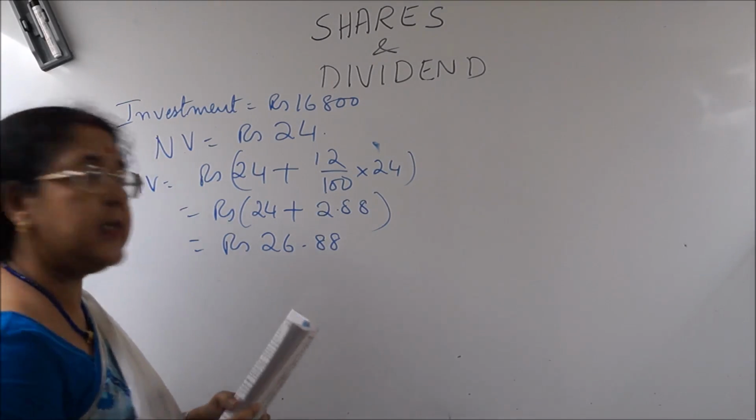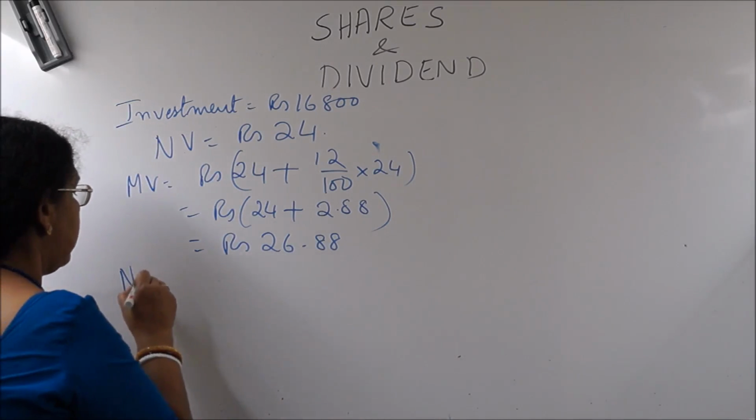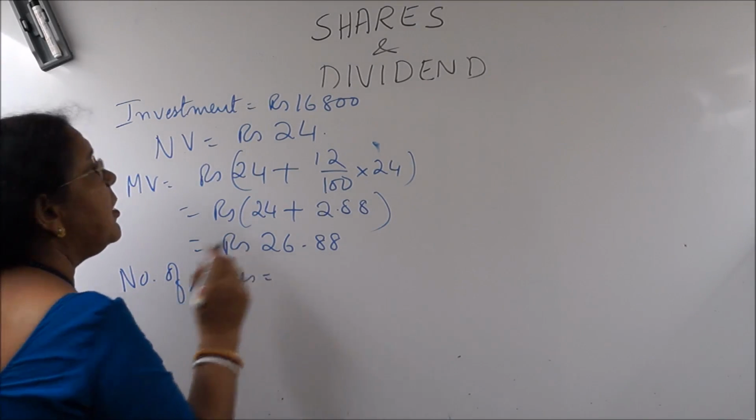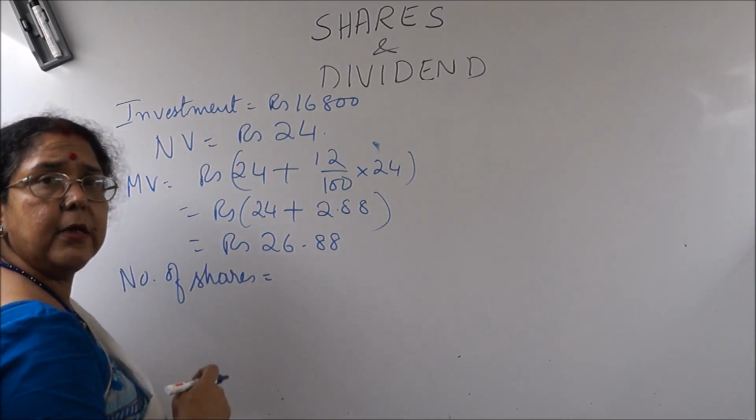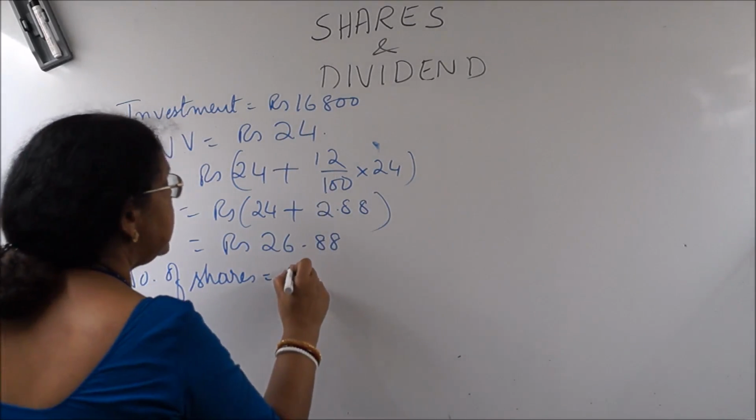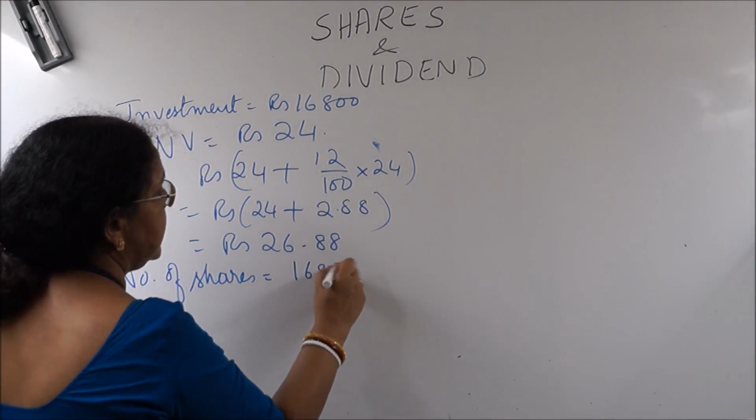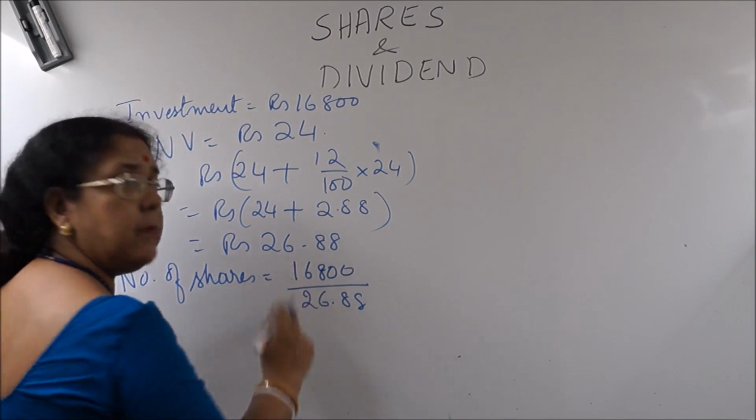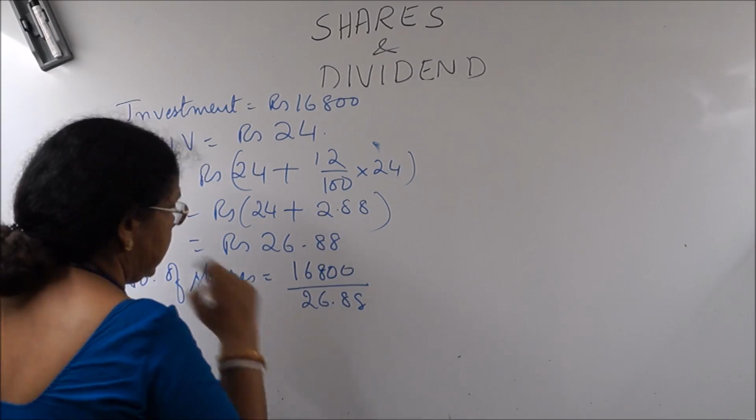Now, what is the first question? Calculate the number of shares he buys. So, number of shares is investment upon the market value. So, investment is 16,800 upon 26.88. This is the market value. So, this is equal to